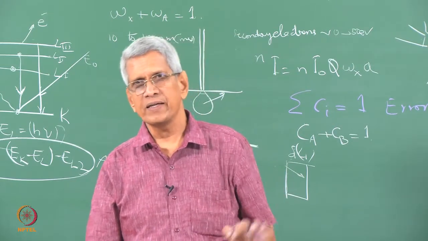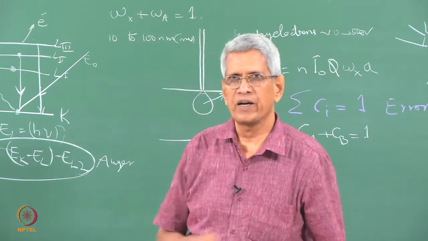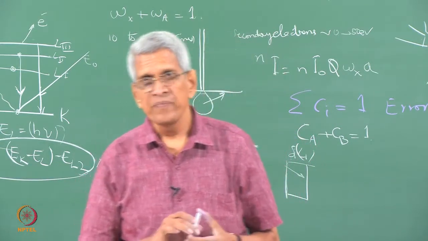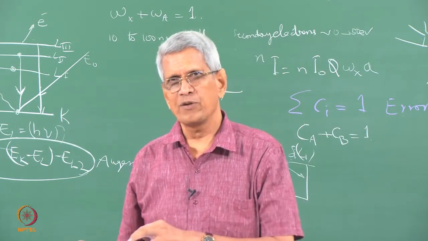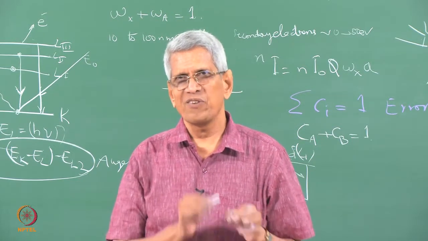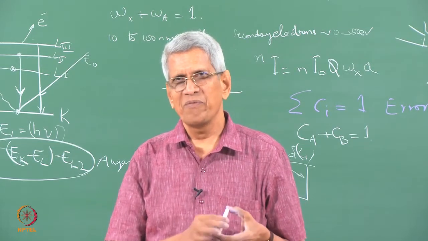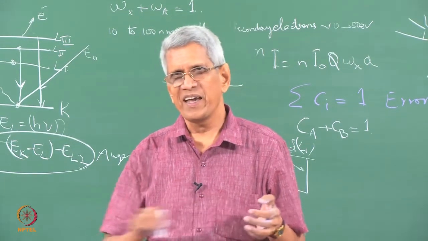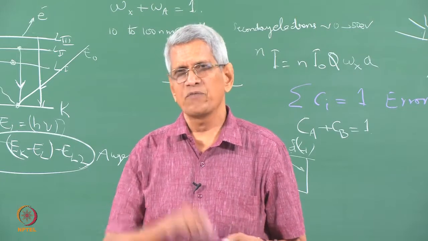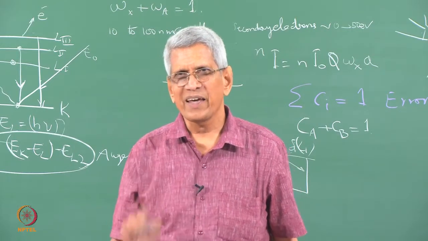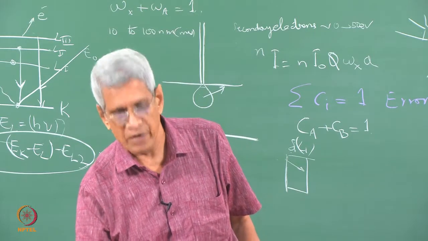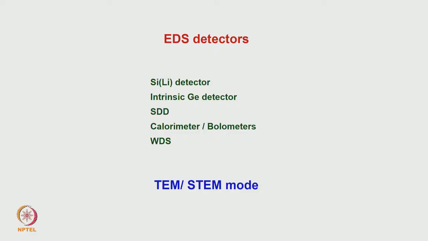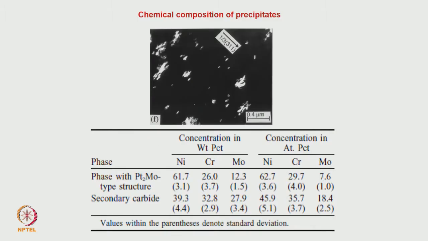And another is that if you wanted to find out composition of a large area of a sample, in a TEM mode, if you try to scan, the image resolution will go down. It is better if you do in a scanning transmission mode, where we can scan on different areas of that sample, and from each area we can collect the spectrum. Okay, we can do a quantitative analysis which is possible. This is all because of the computing power, which was not possible earlier.